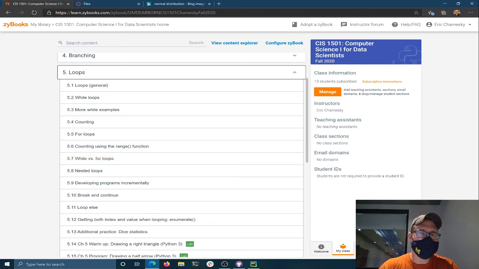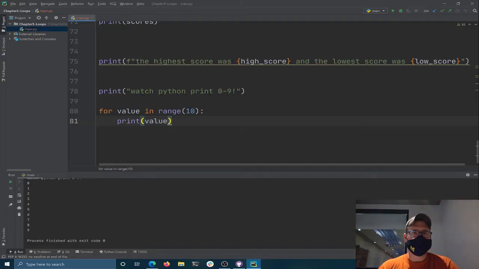So determining when you want a while loop or a for loop, really for loops are good when you have collections. When you have a list or a tuple or even a string, if you want to go over that, you can loop over it. You can do a for loop over dictionaries, but all you're going to get out is the keys, which is okay, right? So if you have some